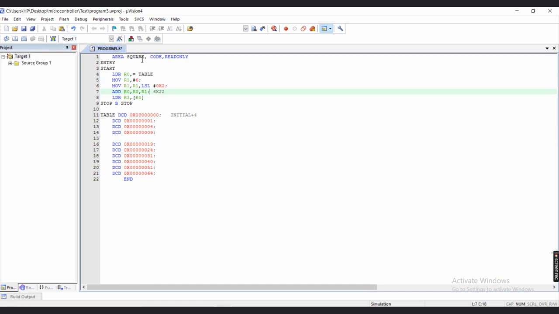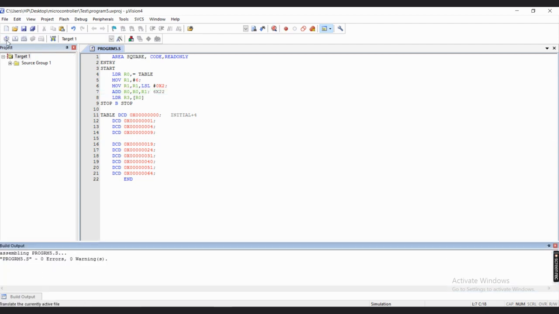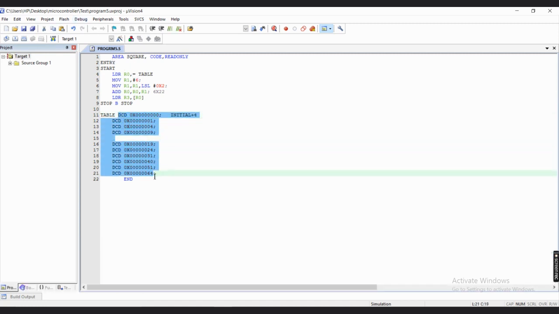Initial steps are the same. You have to create your project, then select your microcontroller, then write the code, save it and check for errors. If no errors are present, you can debug it. How, by using this lookup table, will we calculate the squared value? So to understand this concept,